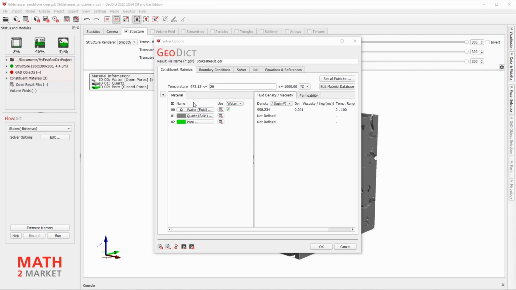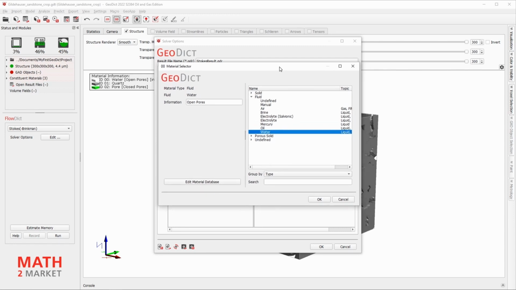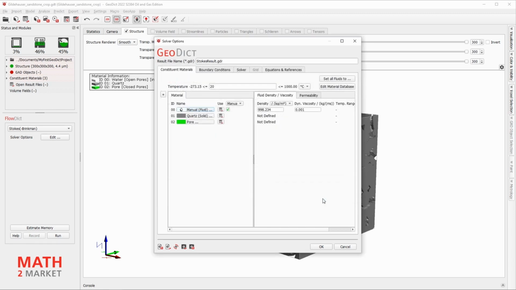But you can always edit these parameters in the Solver Options menu and choose other fluids like oil, mercury, air, and so on. You may even define your own fluid by choosing the manual value, where you are able to set the fluid density and dynamic viscosity by yourself.